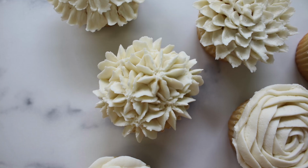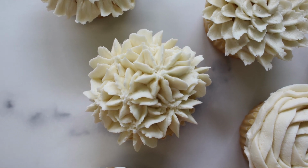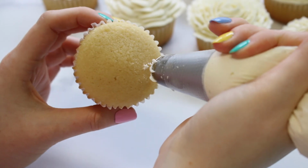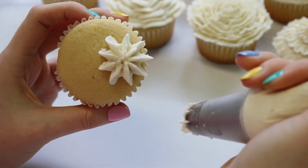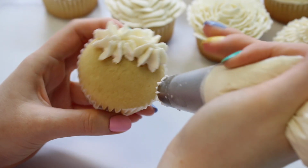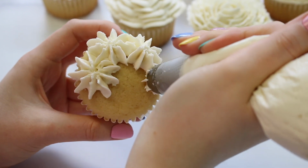For our seventh flower, I decided to go with the hydrangea, and I love hydrangeas, and I know that I just say I love it to every flower, but I think these are the easiest and the most fun to make. So I'm using that closed star tip in that other piping bag that we made, and I'm just going to go ahead and pipe these dollops right onto the cupcake, and I'm going to try to fit as many as